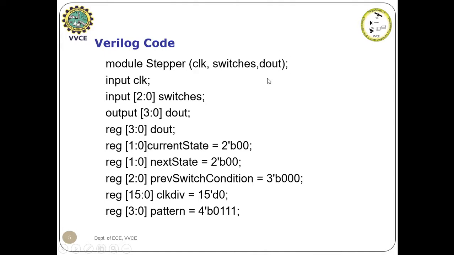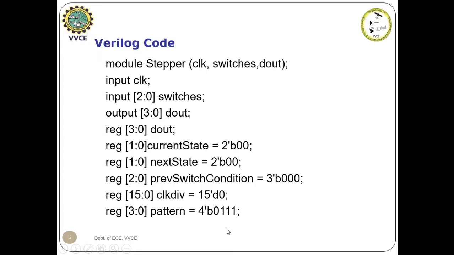And in the stepper motor, we have 4 stator windings. These 4 stator windings should be energized individually in a sequential order. Therefore, we have to represent this output of the stepper motor stator winding as a vector [3:0]. Since I am evaluating the behavior of the stepper motor, all the output variables should be stored in a variable called a register. This is a must in behavioral description style. The variable name which I am using here, dout, is completely a vector quantity. The same thing I am storing in a register.